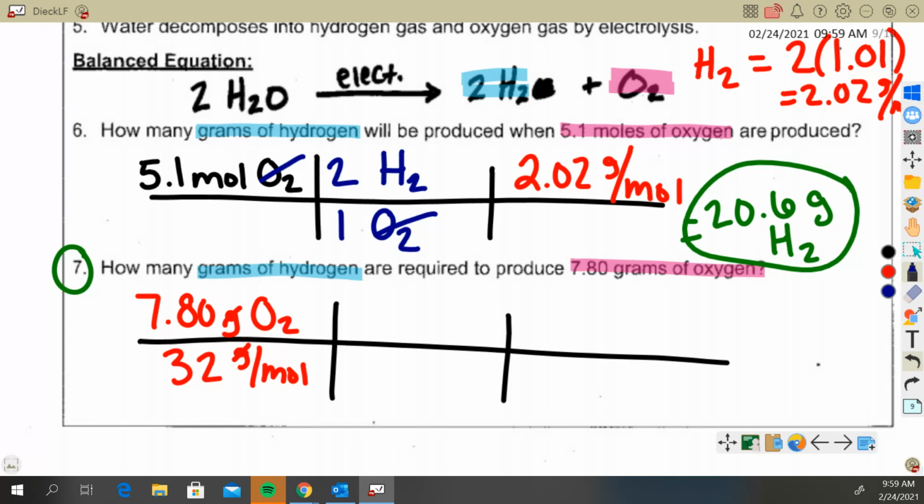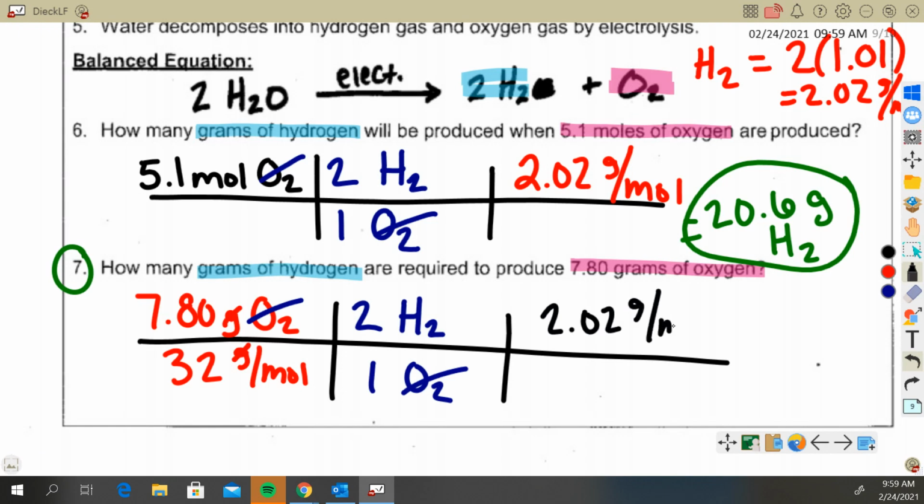Our mole ratio should be 1 oxygen on bottom, 2 hydrogen up top. Did we get that as well? Yes. Amazing. Lastly, we wanted grams of hydrogen. So that means we're going to need to multiply times the molar mass of hydrogen, which is 2.02 grams per mole. And the answer that you should have ended up with